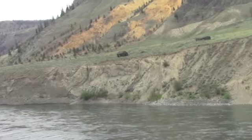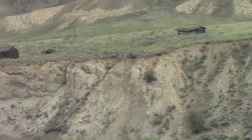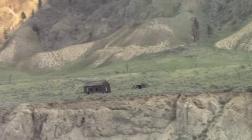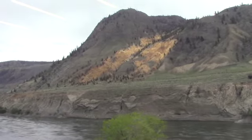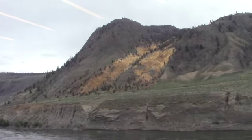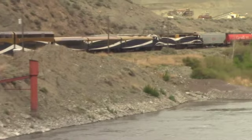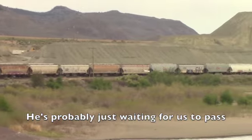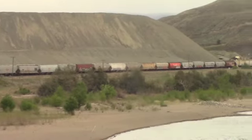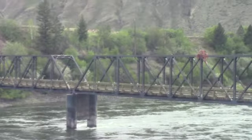There's an old farm, a little shack, a shed for the animals, and behind is this yellow stretch of mountain. Haven't seen that color anywhere. There's our train, and we're going to go right by that freight train that's just sitting there, I think. Huge osprey nest on top of the bridge. This is obviously